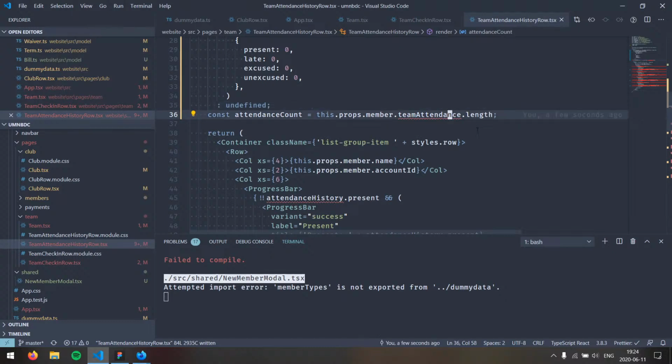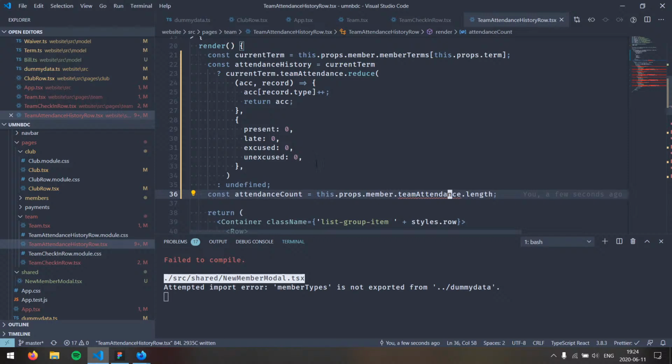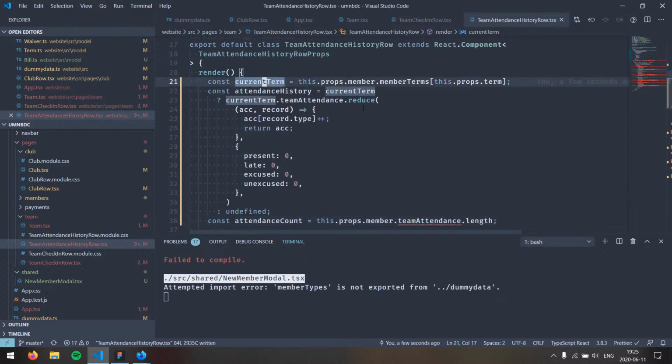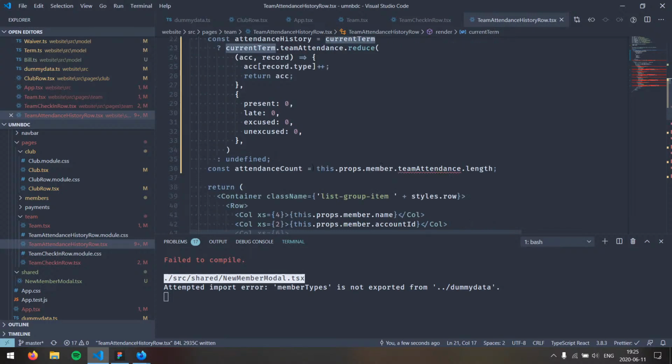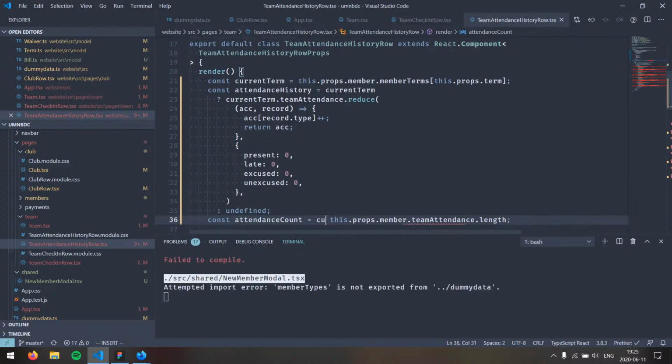And here, actually, so we'll say, here, if we have current term,